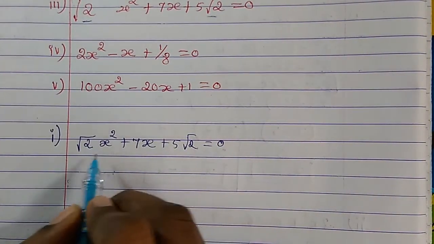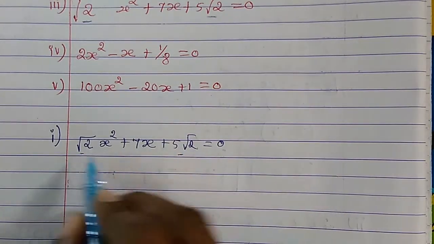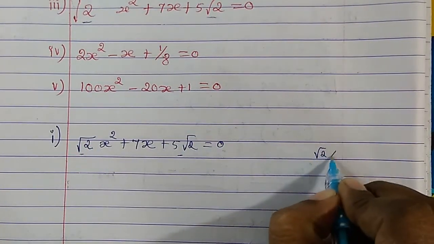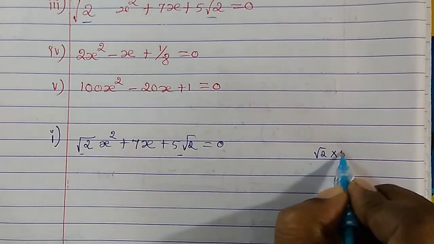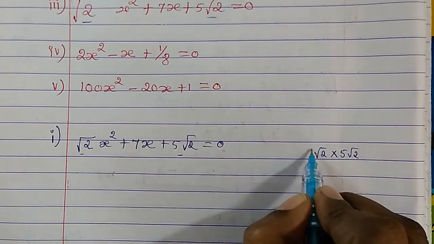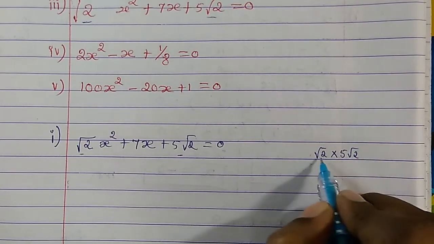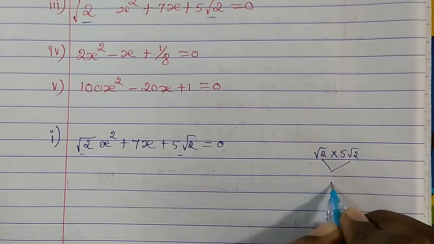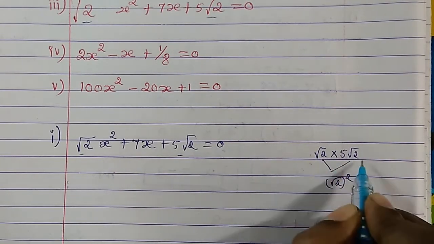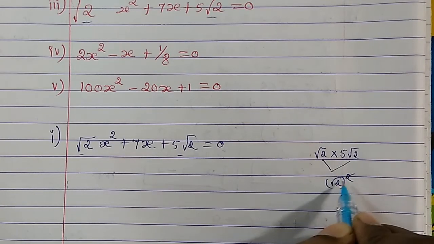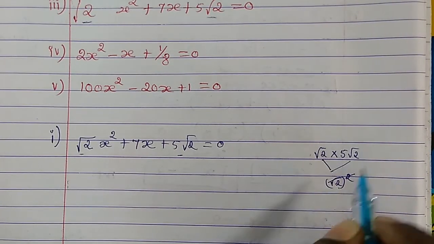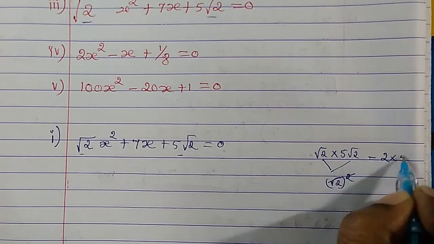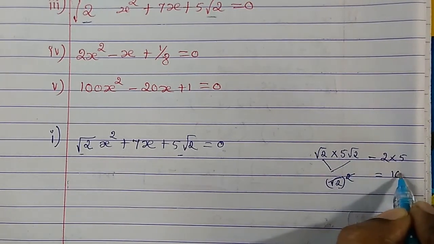So what we will do? First term and the last term we will multiply. First term, only the coefficient we will take, so that is root 2. Then multiply with the last term, that is 5 root 2. So here 1 root 2, here 5 root 2. So root 2, how we will get? Only we will take this part, root 2. So root 2 square it will become, when you multiply root 2 by root 2. Square means square goes, root also will go, so we will get 2. So we get 2 and this 5 is there. So total 2 into 5 we will get 10.